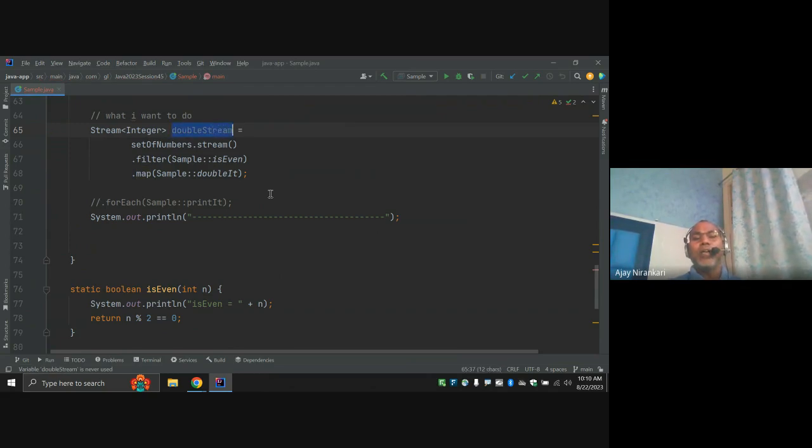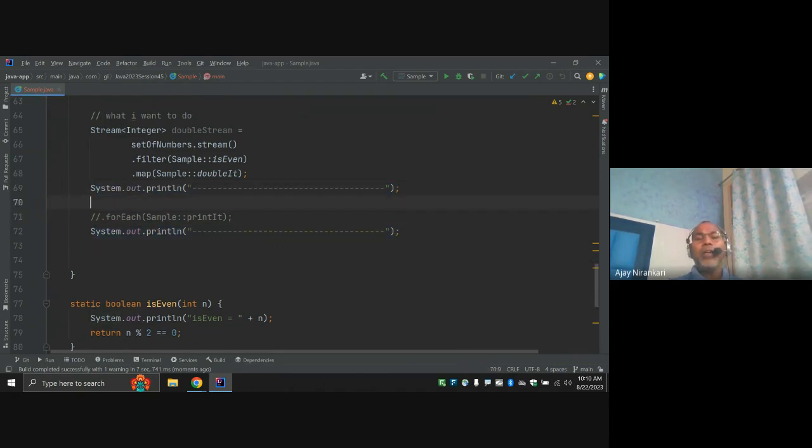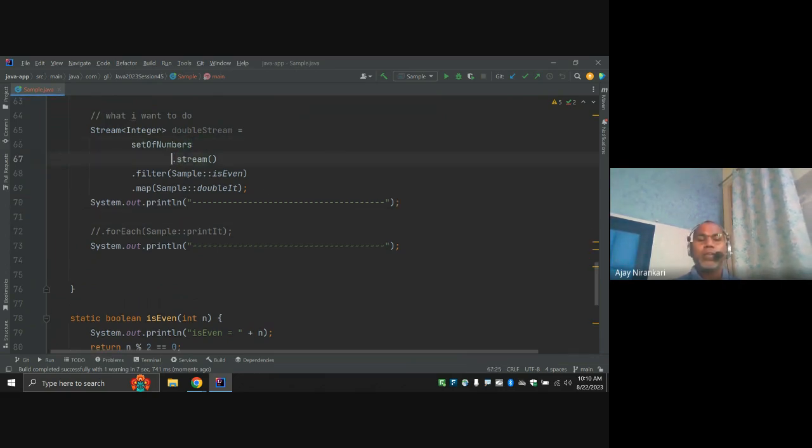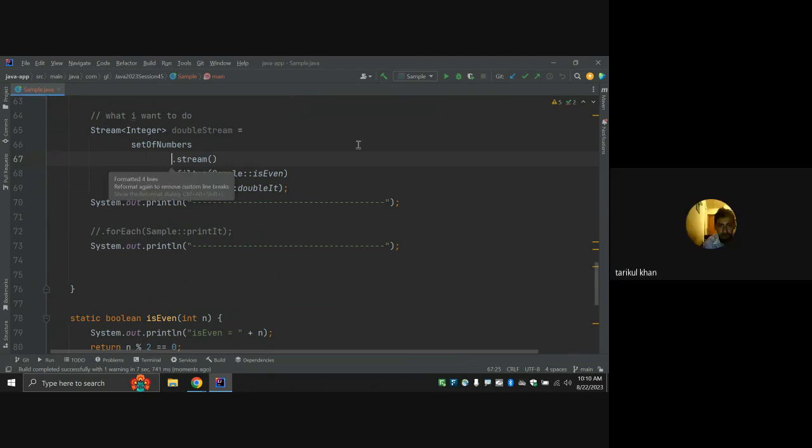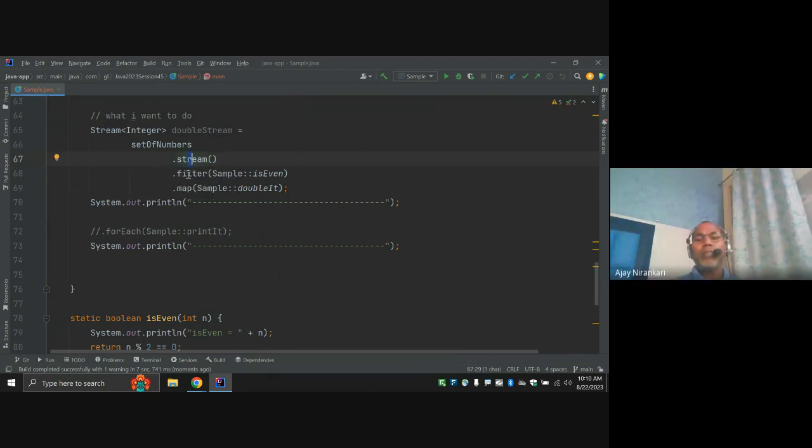Double stream. And notice, I write one more line here. Till this line, there is no terminal operation, right? Here there is only stream, then filter, then map. No terminal operation, no output printed. And once I say stream dot forEach, until I write this code, this is not going to execute,